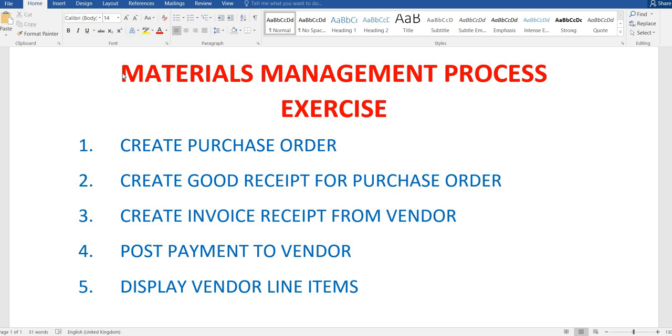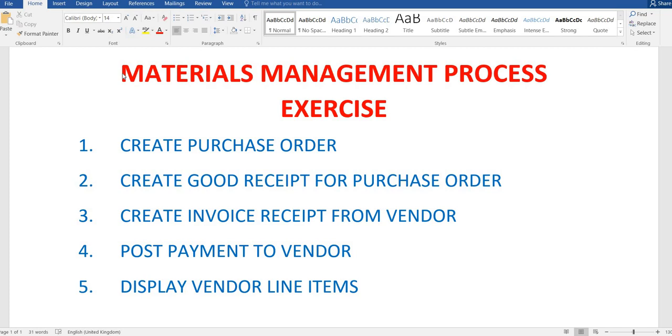First, create a purchase order, then create a goods receipt for the purchase order, then invoice receipt creation, and lastly, the fourth one is posting the payment to the vendor. So mainly four points are there, and this is the whole process. First, you prepare a purchase order and send it to the vendor.